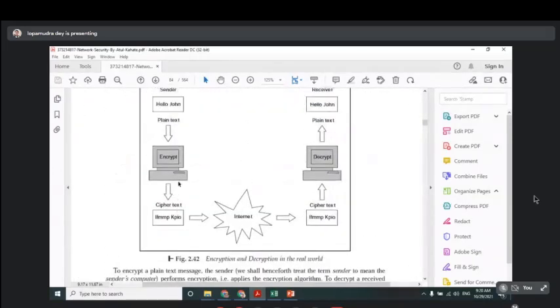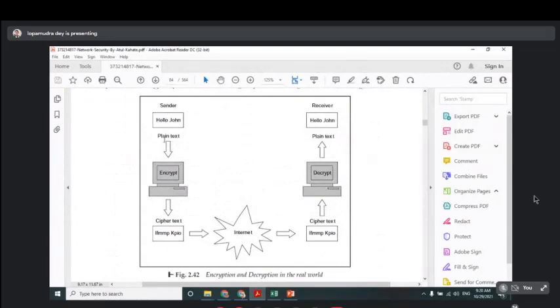Normally what happens is the sender writes the plain text, the machine converts it into ciphertext, and with the help of the internet the message is transferred to the receiver's machine. The receiver machine again performs some operation and the plain text is generated by the receiver. I hope you have studied the networking syllabus well, and this figure is familiar to you. When you are writing this hello John, you are at the application layer.